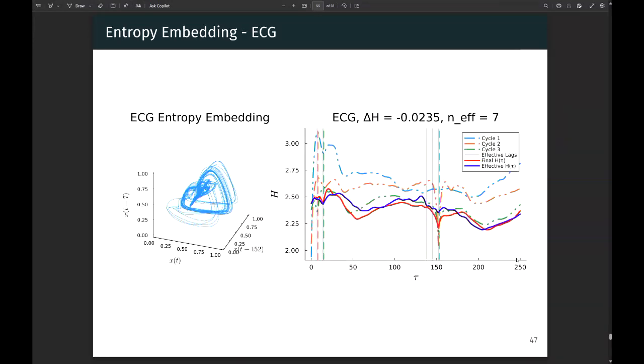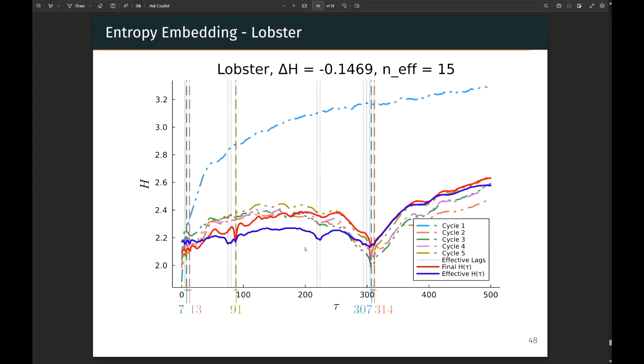It works really well with ECG data as well. The ECG data you saw gets one kind of dominant periodicity, which is that whole single loop, and the small repolarizations occur as well. It gets that. But the lobster data is the fun one. We get that big periodicity here, which is your repolarization, depolarization. And this method also seems to find that small time scale information as well. And apparently a 91 somewhere there.